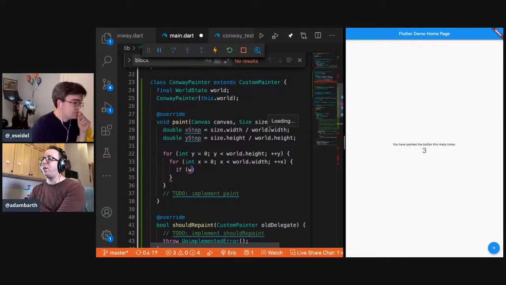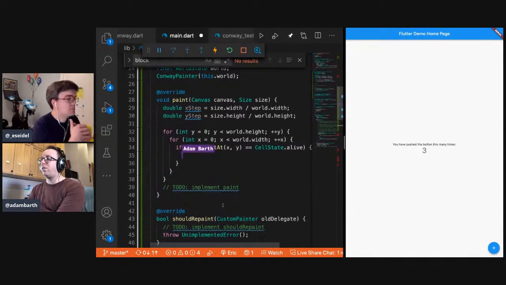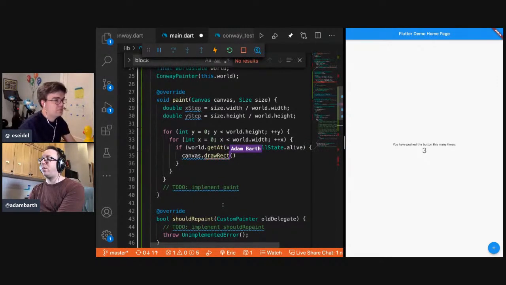At xy, so let's say that's alive. Canvas draw rect. What are my choices on a rect here?